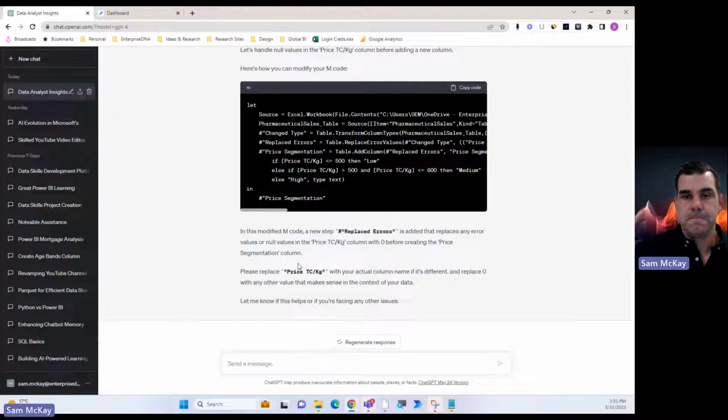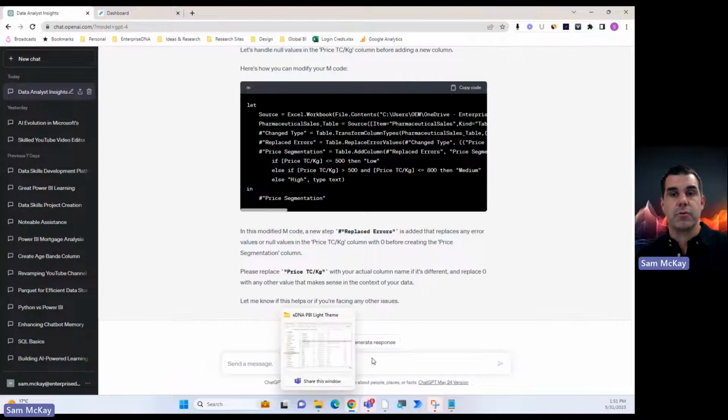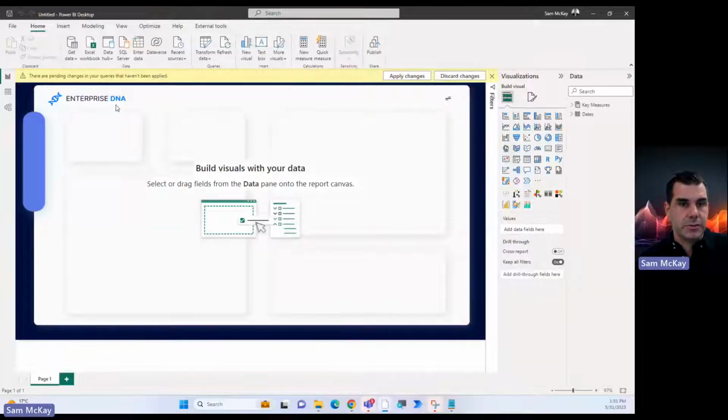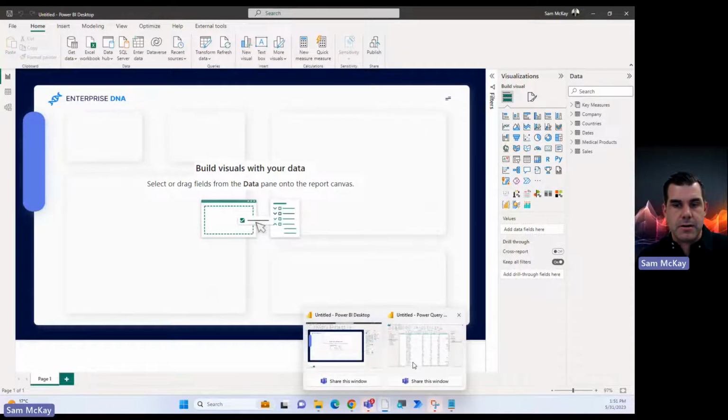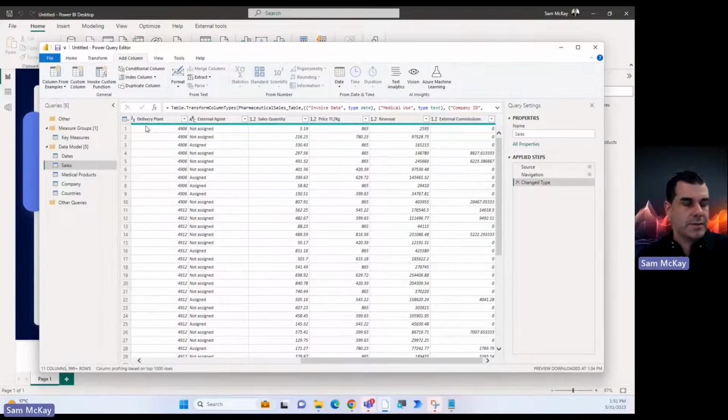So sometimes the code can just be a little bit trickier. But the other thing is that for code, ChatGPT is really good for giving you ideas on how to improve your code, how to create functions, how to create different parameters, and just utilize the full suite of things available to you within here.